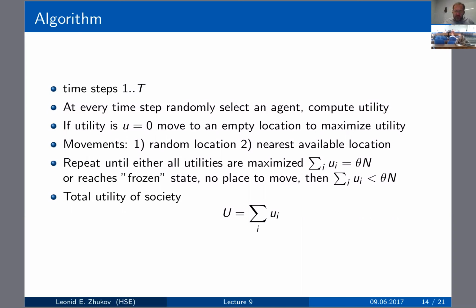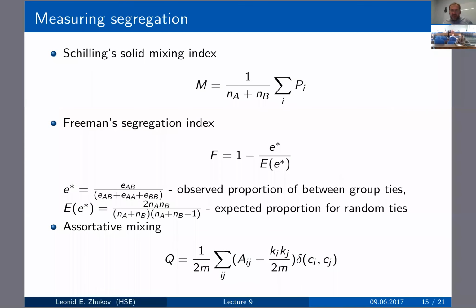Okay. So one last question that remains is, we keep talking about this mixing pattern and the population being mixed or segregated. But for an algorithm to give you some sort of results and numbers, we need to define the level of mixing. We need to be able to differentiate numerically the situation where everybody is mixed up and has neighbors of different type versus this segregated story. And there are several indices or metrics you can use to do that.